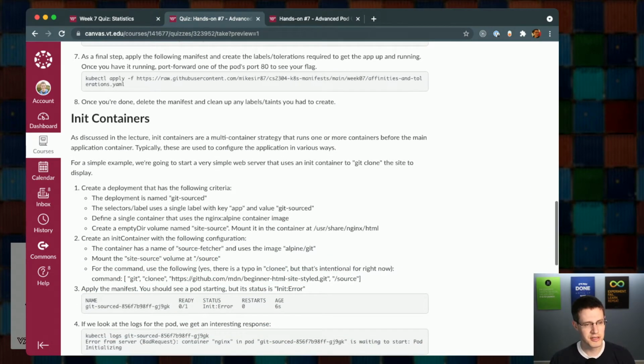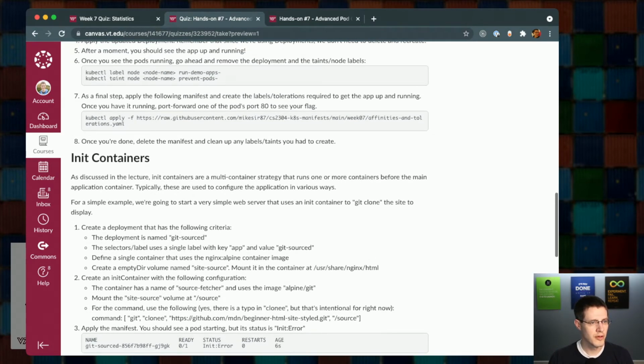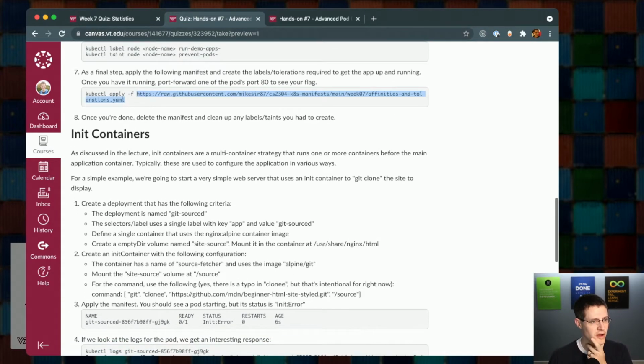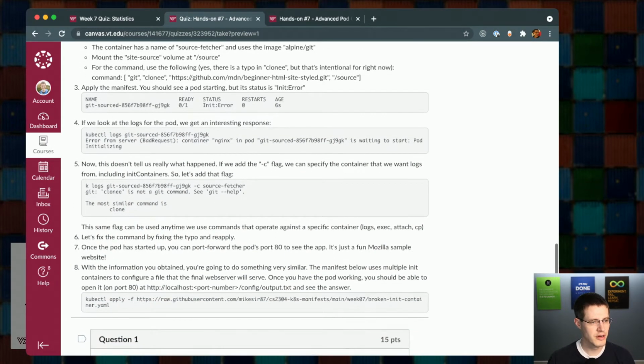So init containers. In fact, real quick, I'm going to just tear everything down. So, find my, grab that URL, and I'll delete that. Okay. All right, so init containers, blah, blah, blah, and we scroll down here, here's